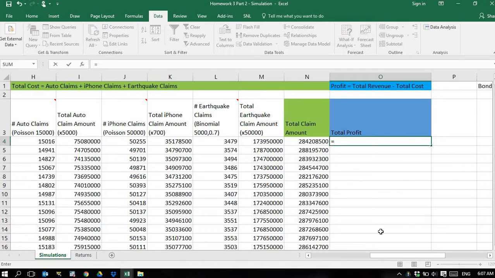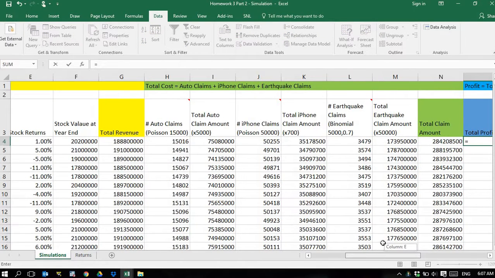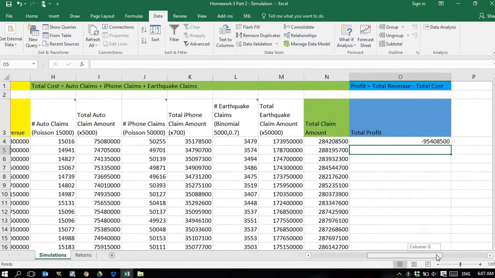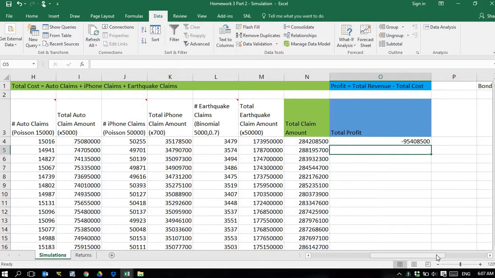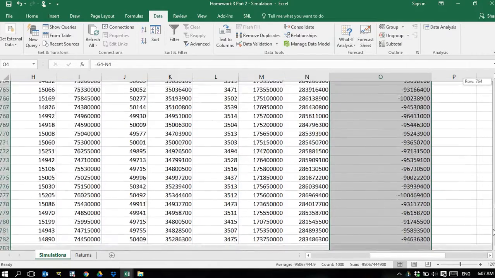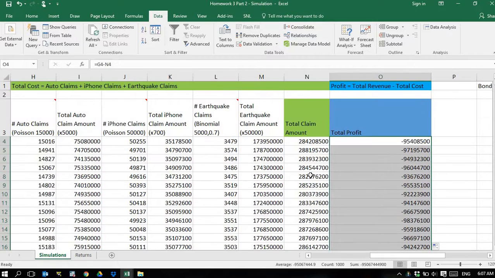So essentially what you have to do is subtract the cost from the revenue. This minus this equals profit. So I designed the homework carelessly, so I get negative profit, but it shouldn't matter. Okay, so you get all the negative profits right here. And once you get all the profits,